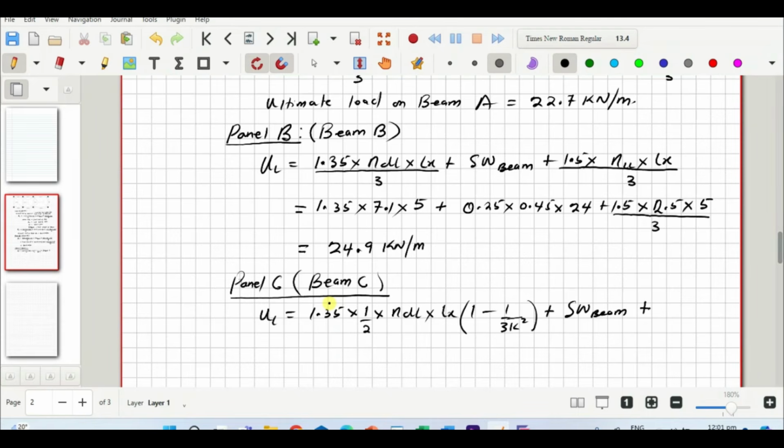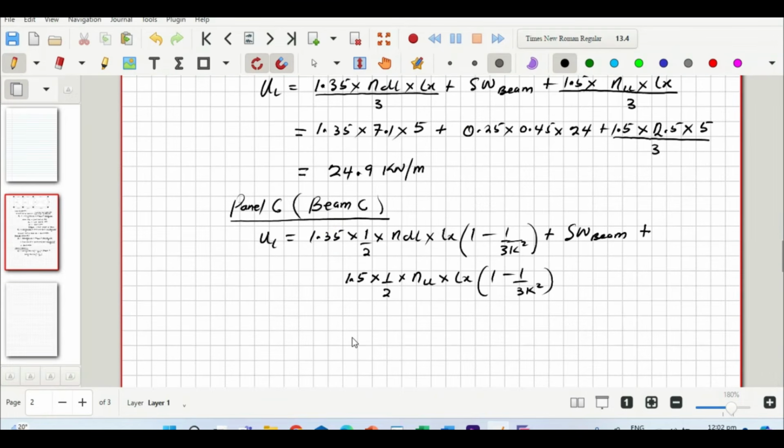Then we move on to the life load component, so plus 1.5, that is the partial factor of safety for life load, multiplied by 1 on 2, multiplied by NLL, which is the life load of the slab, multiplied by Lx into bracket 1 minus 1 on 3k squared. So again, slotting in the values,